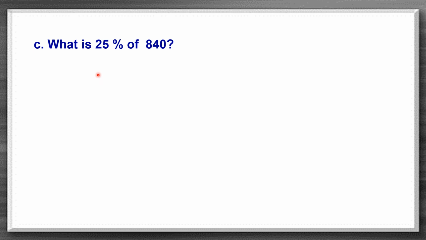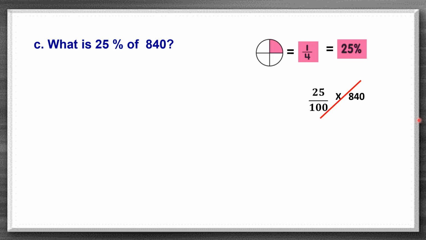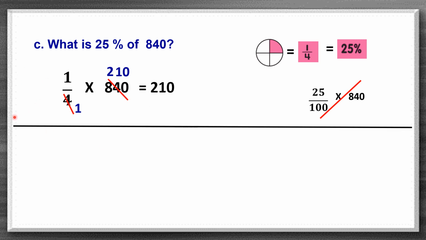What is 25% of 840? In general, how do we do it? 25 by 100 into 840, or reduce it to the lowest terms. I crossed that out. Instead of that, recall from the chart. 25% means it's 1 by 4, a quarter. Therefore, we write 25% as 1 by 4, of means multiplication into 840. So when we cancel and reduce it, 4 ones are 4, 4 twos are 8, 4 ones are 4 and 4 zeros are 0. That means 210 is our answer. A lot of time will be saved by doing it in this method.